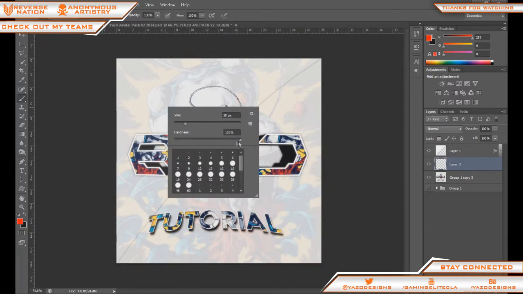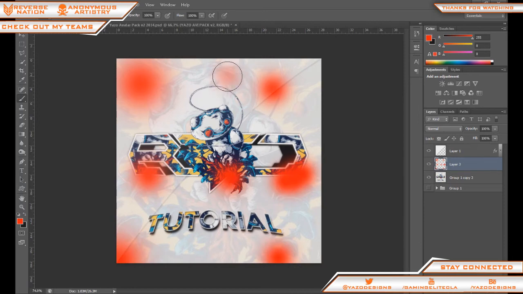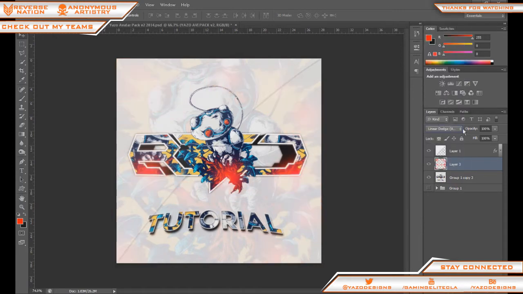But obviously some people like to add brushes and everything, so get a soft brush, colour of your choice, a nice vibrant one. Make sure the hardness is all the way down, and then change the brush size to the bits you want, so some people just drag it across the red bits of the avatar picture. So just have splodges around, and then I like to set it to linear dodge add, and then just change it to about 65,